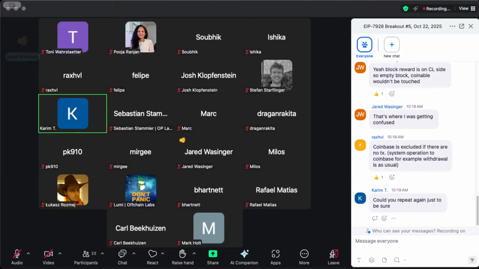Yes. On the Besu side, we are now passing all of the RLP test and also engine test. So we just need to merge the PR that Mirgi made to update the execution spec test repo mapping. So we also started to implement the state root in background at the beginning of the block processing, thanks to block access list. So it's already working, but for the moment, we are just logging the result of the state root computation to compare. But in another PR, we will verify the state root and fail the block if it's not matching. But for the moment, we just want to compare if it's working or not.